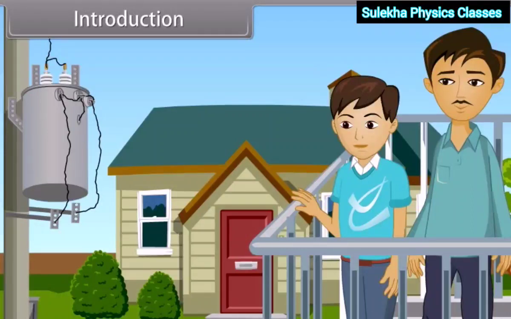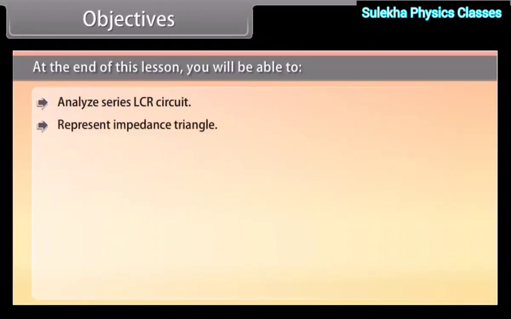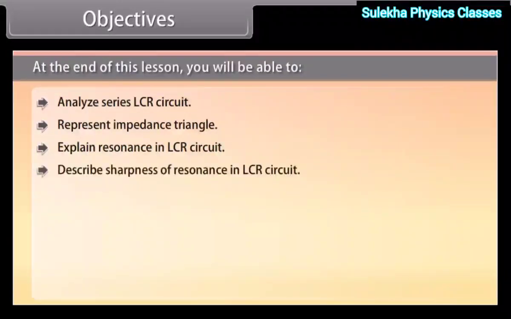Students, today we will study about the alternating current. Objectives. At the end of this lesson, you will be able to analyze series LCR circuit, represent impedance triangle, explain resonance in LCR circuit, describe sharpness of resonance in LCR circuit,